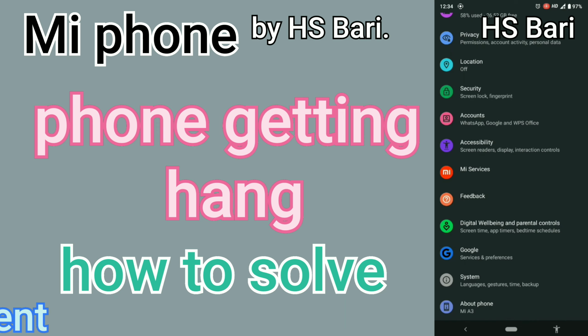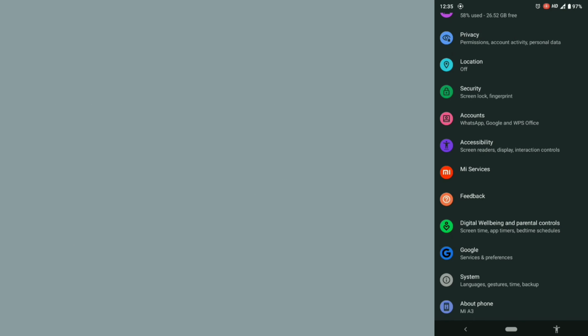This moisture can create a short circuit, because you know water is a good conductor of electricity. So this moisture can create the short circuit between two positive and negative terminals inside any IC and start creating heat inside that IC, and that heat affects the IC performance and may damage the IC also, and also affects other ICs nearby, so that your mobile phone will start getting hanged and behaving separately.